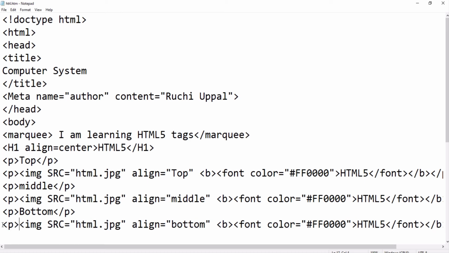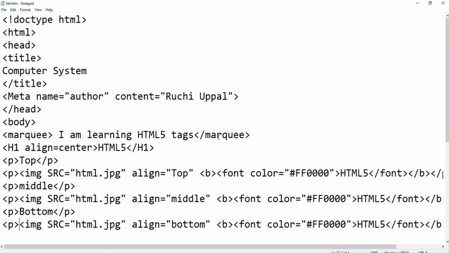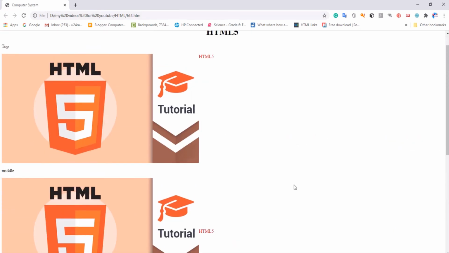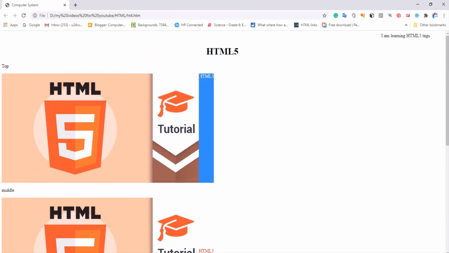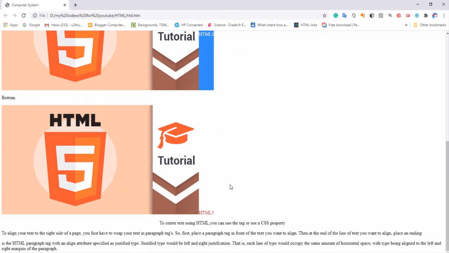Okay, done. Clear? Let's see the change. The thing I have told you, now it will work like that. Okay, so let's see. Control S, refresh the browser, F5 key. Yes, now you can see it is at the top, HTML5 heading, it is in the center, here it is